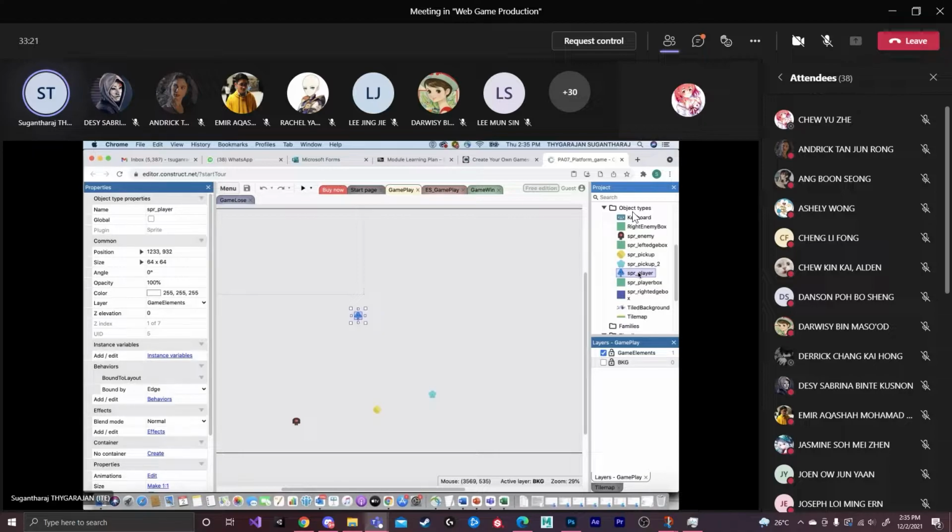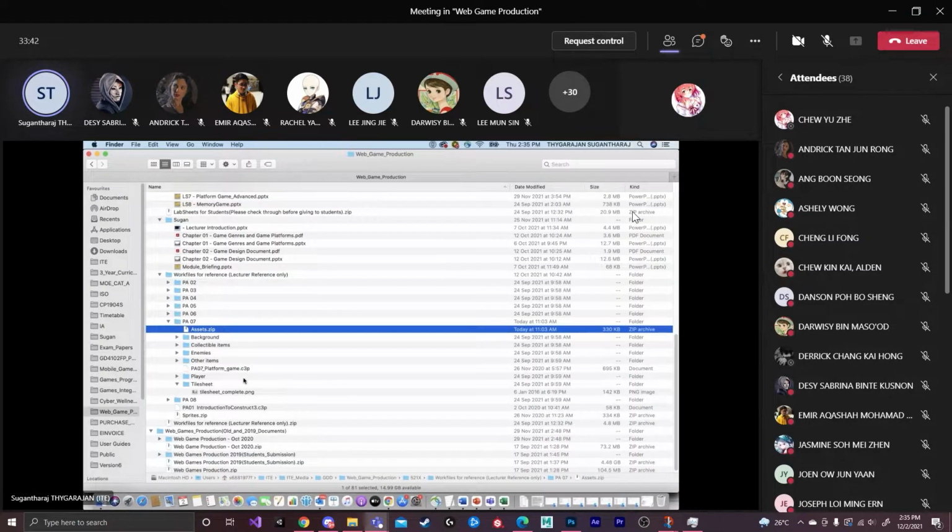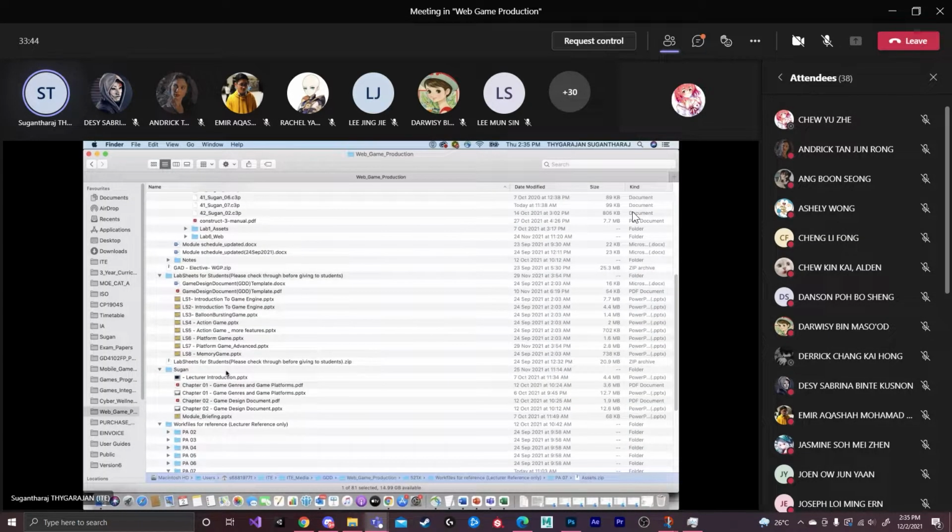So what we are going to do is, let me go inside. When you're creating the sprite, you know that we will be choosing the sprite, and then you need to choose the player. Let me go to the assets.